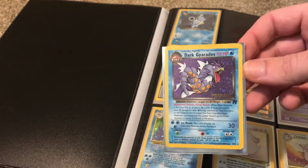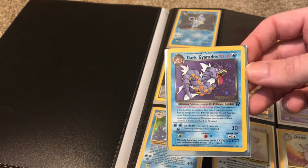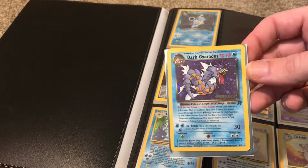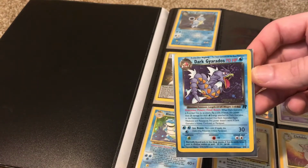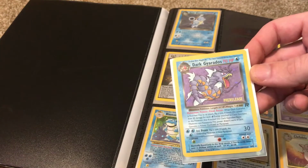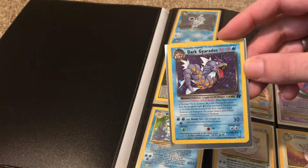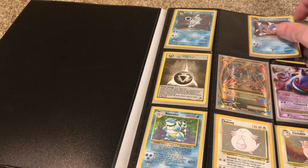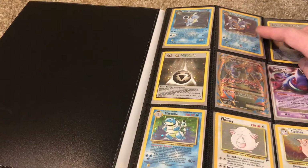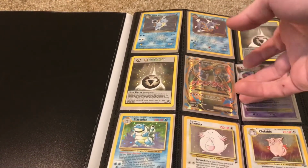Like I said, I'm going to do a video that includes pre-release cards, promotional cards, and all cards that are not part of normal sets, that were given out or gotten in ways other than normal sets. And I'm going to do a video of all those cards that were released in the Wizards of the Coast series. So I'm putting that together right now. I'm actually in the process of buying more of those cards. I'll have more of those to actually show you when I make that video. I'll make one note of this